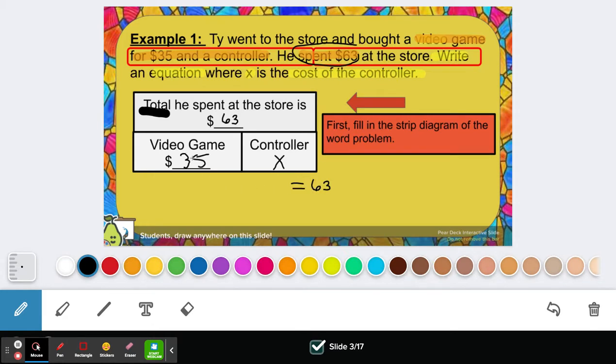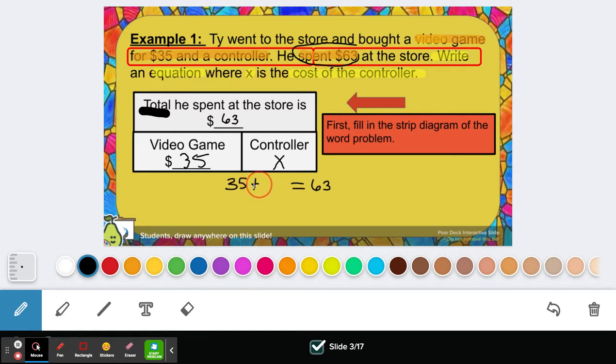So in order to know what we're spending, right, what the cashier does is that they scan the items, and then in the computer, they're getting the total of your cost. So that means when they're doing that, what operation are they doing to get the total? They're adding. So then we're going to have to add these two together because we're combining them. So it's going to be 35